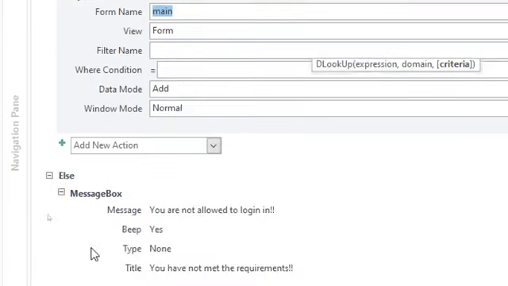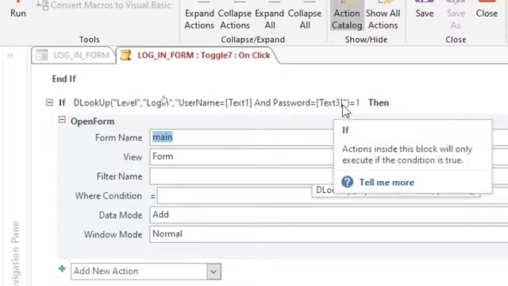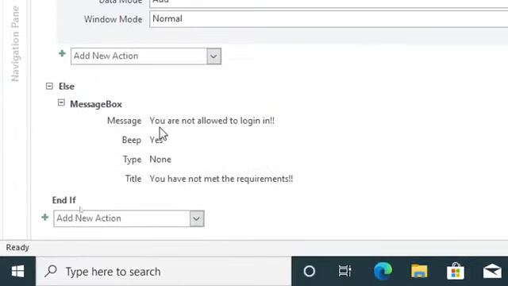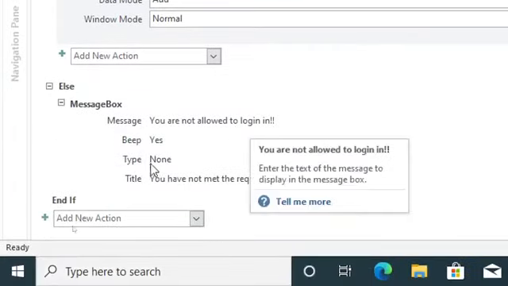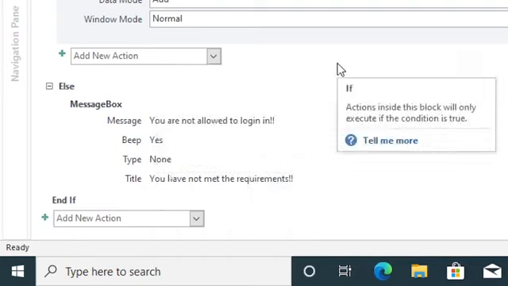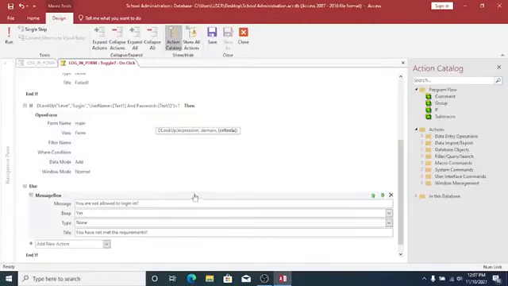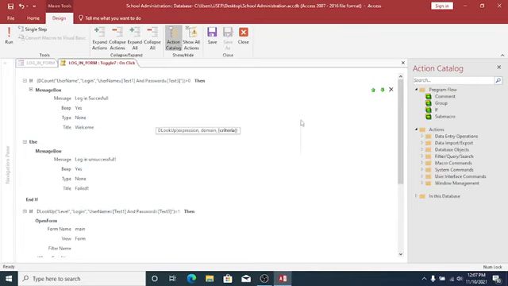Then from there the message box, in case this one is not successful, will give a message that you are not allowed to log in, and also that you have not met the requirements. Basically, if I just click outside here, you'll be in a position to see the macro